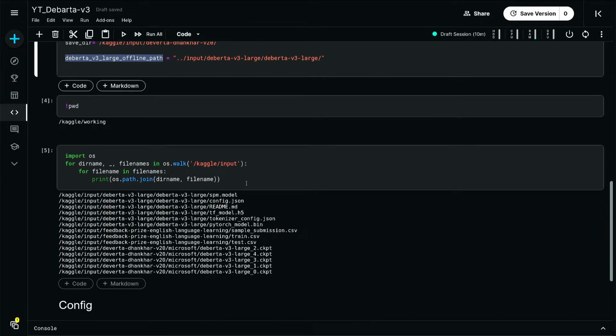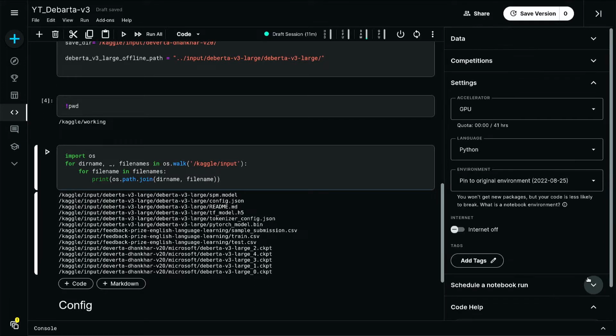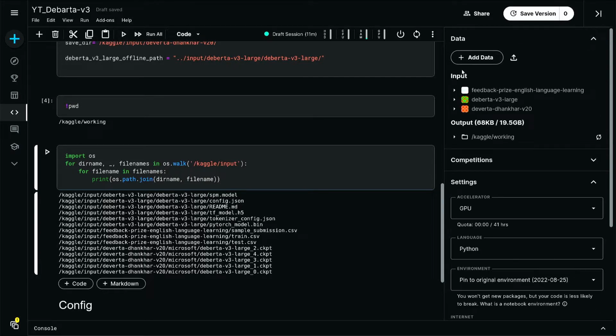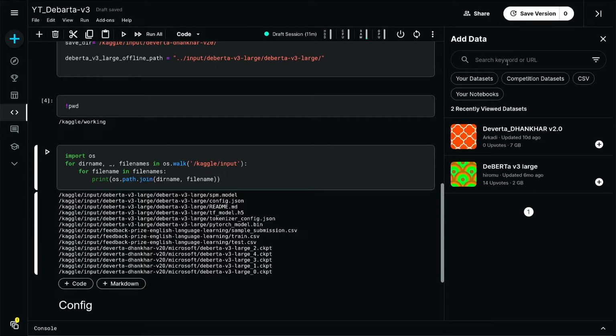And here I'm just printing all the available data sets or models for this particular notebook. Remember, if you want to add a data set, you need to do it from inside the kernel. For that, you open up the right side menu, go into your data, click on add data, and there you can choose whatever models or other data you need to add.